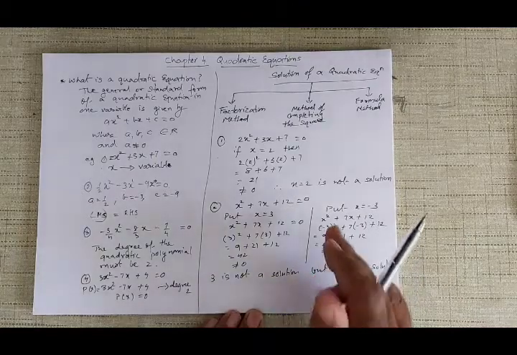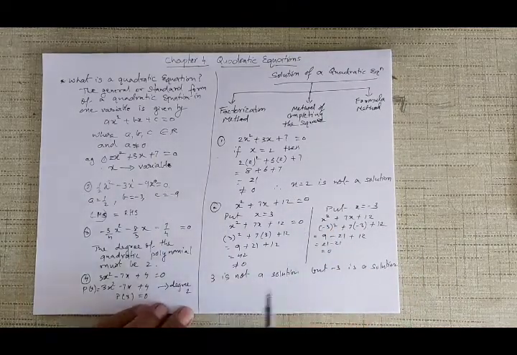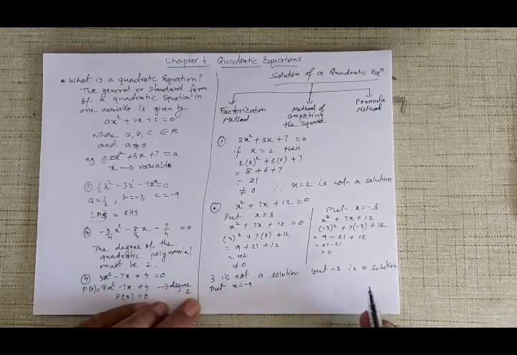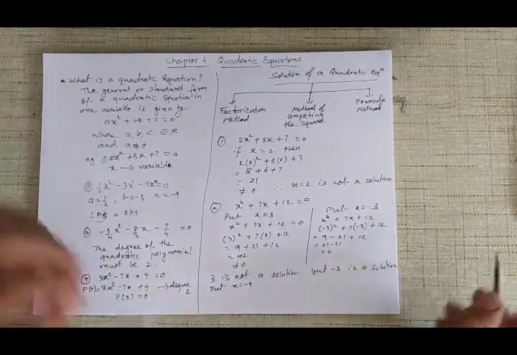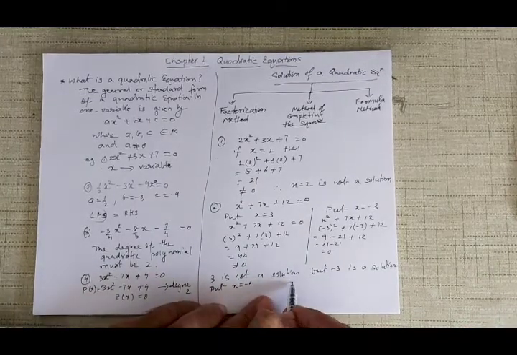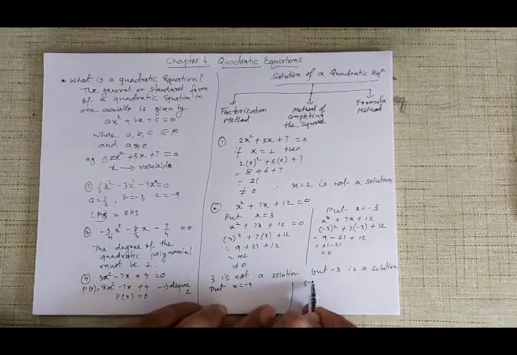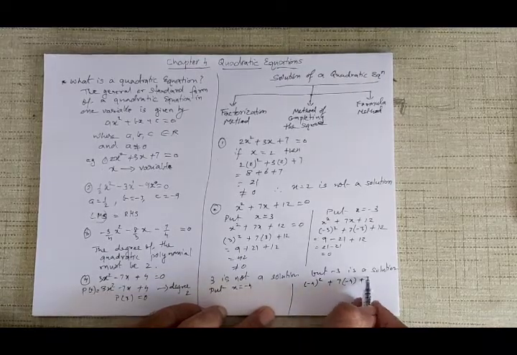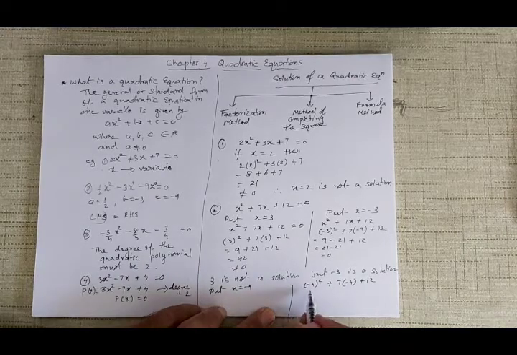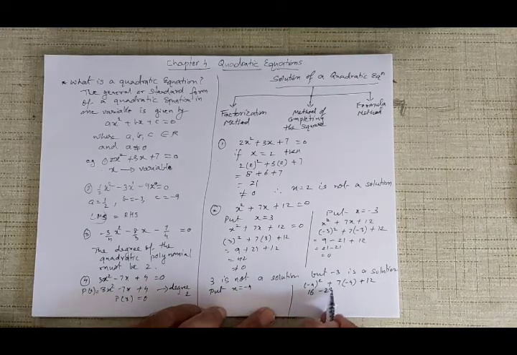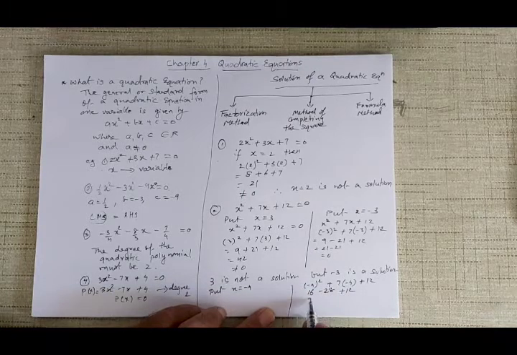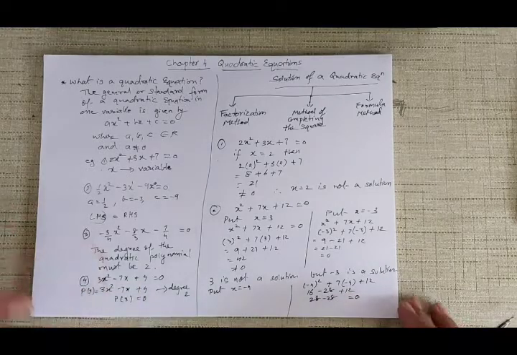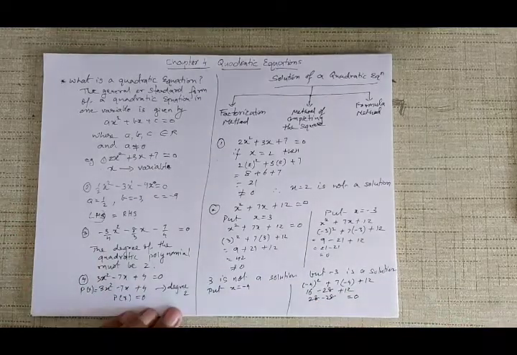Okay. So in the same way, if you take any quadratic equation, for example, let us suppose I put x is equal to minus 4. Let us find out what happens. Then what do I get? I'll get x square, that is minus 4 square, minus 7 into minus 4 plus 12. 4 4s are 16, 7 4s are 28 plus 12. So I get 28 minus 28 and that is equal to 0. It means minus 4 is also a solution.